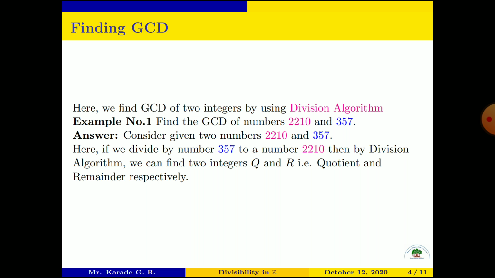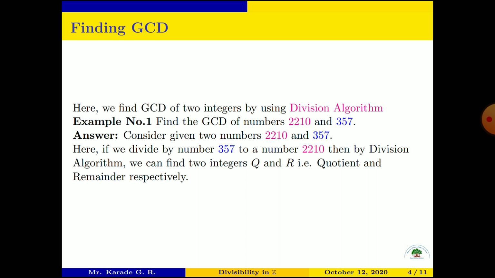Consider the given two numbers 2210 and 357. Here, if we divide 2210 by 357, then by the division algorithm we can find two integers q and r, that is quotient and remainder respectively,